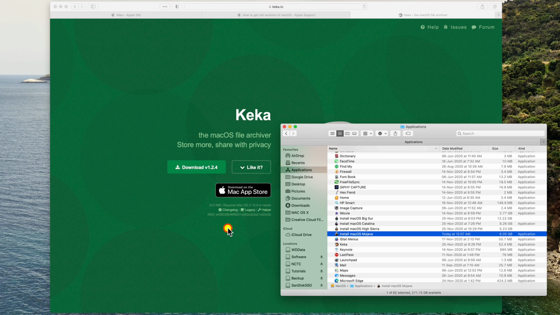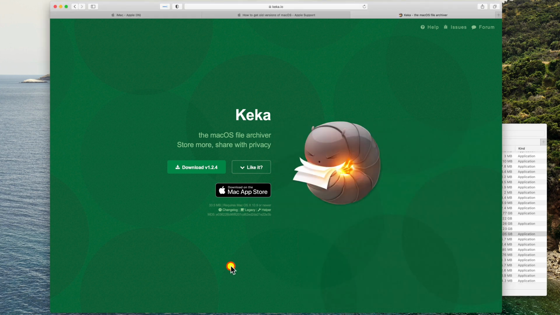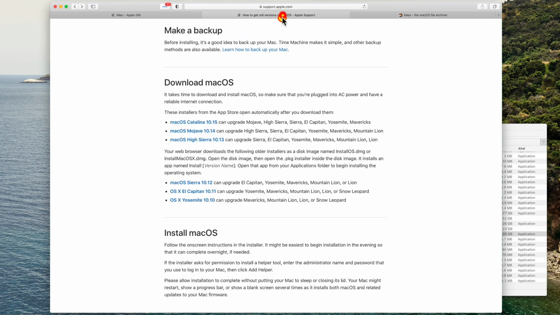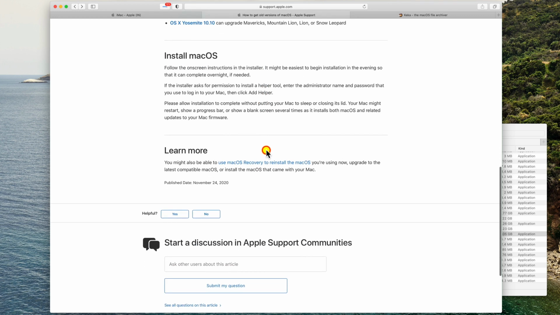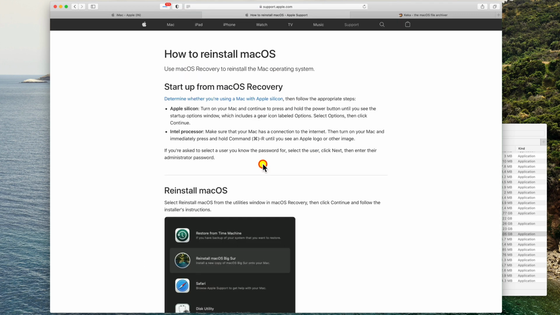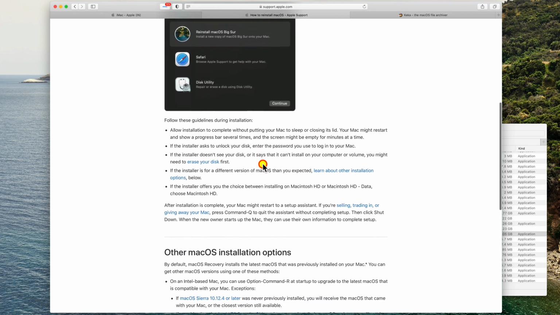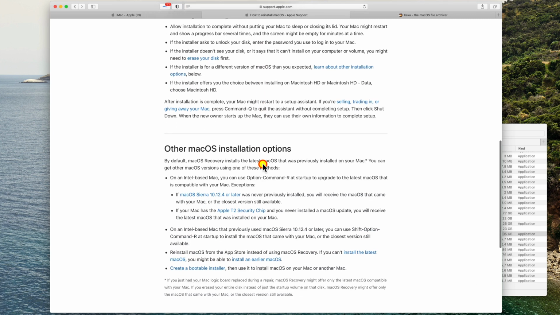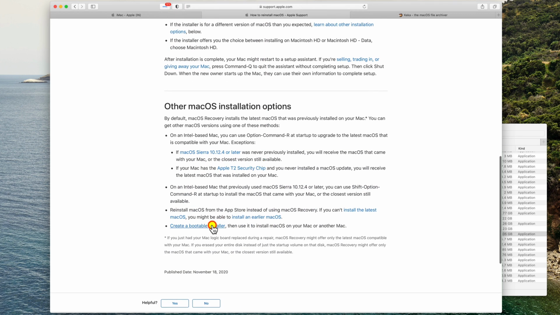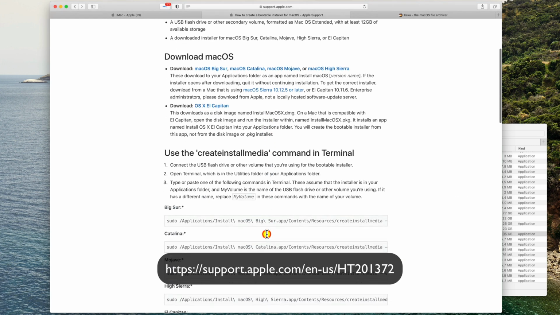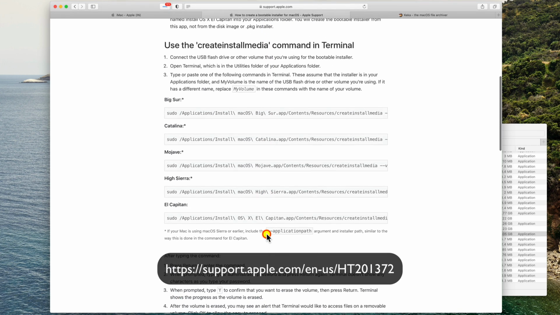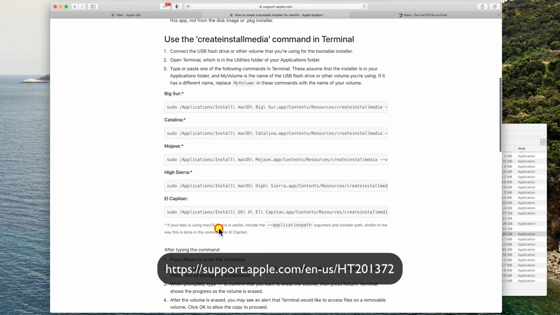So now that we have all the installers in place in the applications directory, that makes it a lot simpler actually to put them onto the USB. You can simply follow these links to create a bootable installer, and Apple has given all the command lines here, and that is exactly what we need to do now.